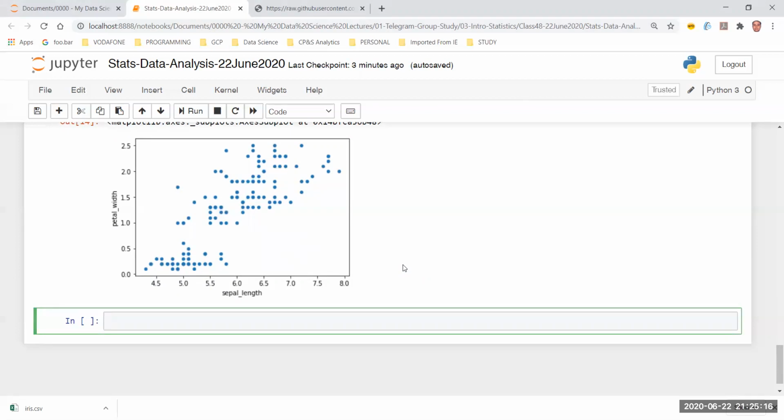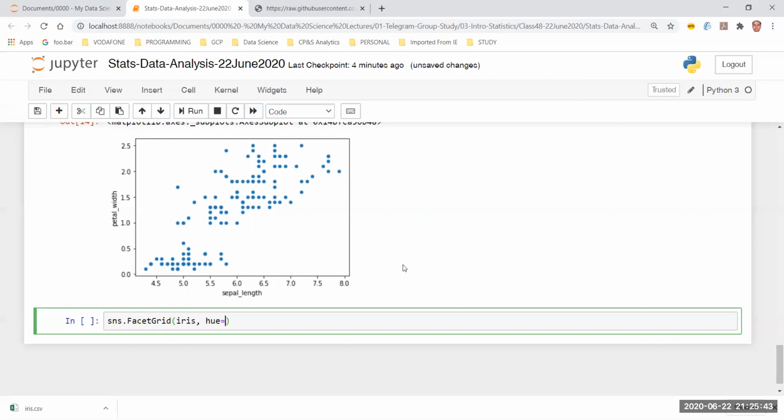So I'm going to use a function which is called SNS dot FacetGrid. I think I've made a mistake, this will be capital. This is a visualization way, and it is really very useful. You will come to know why this is useful. Just look at what I'm trying to do over here, and then you will come to know what this does. The first thing it takes as a parameter is the data set.